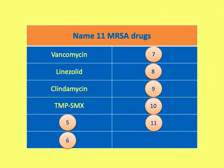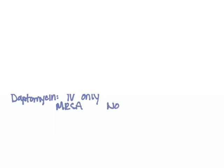Survey said, this one is actually in my personal top 3 and begins with a D. That's right, daptomycin. Daptomycin is a great drug for gram-positives, including MRSA, but it's IV only and doesn't offer any